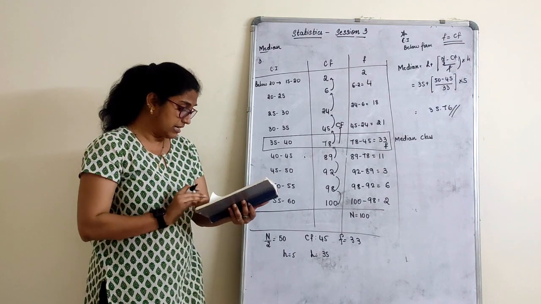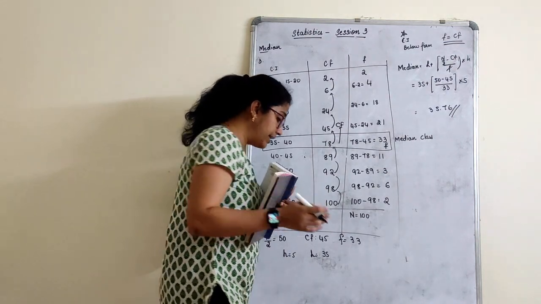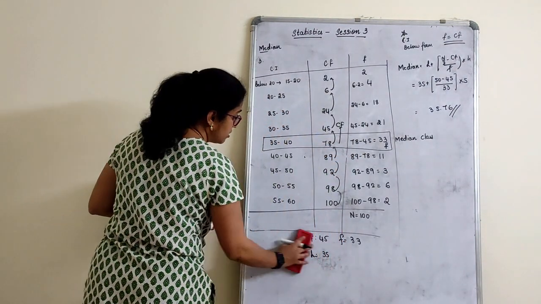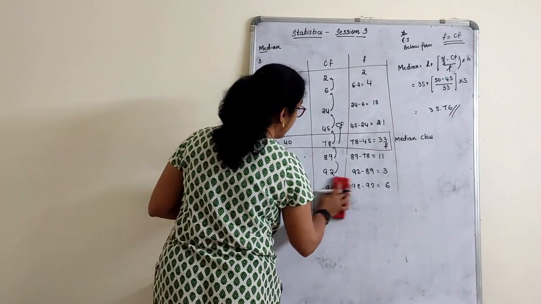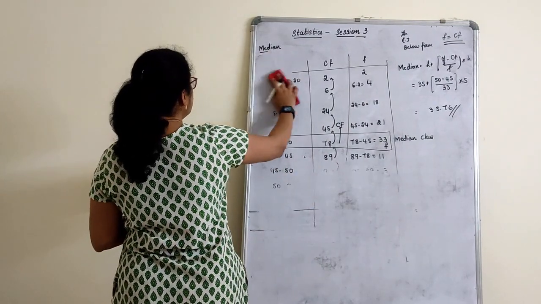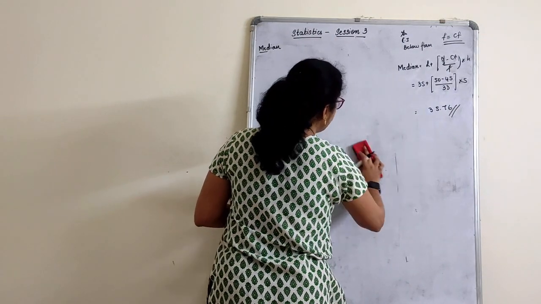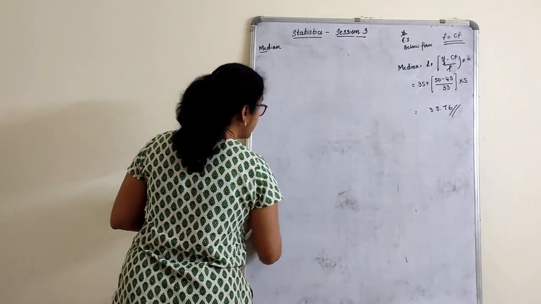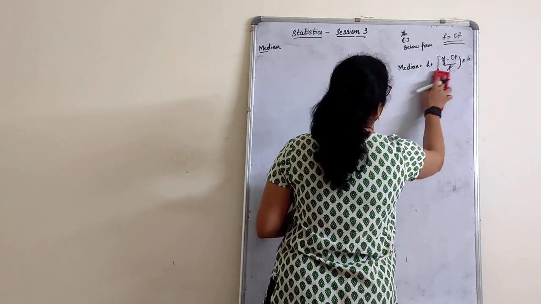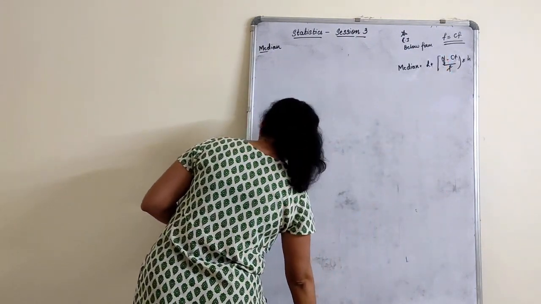And the last sum I will do is the fourth one, where the class interval is not continuous. They have given a non-continuous class interval. Let us see, can we do that using median? For median we always require a continuous class interval. So let us see how we go about it.